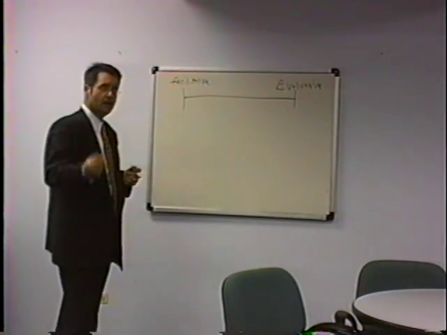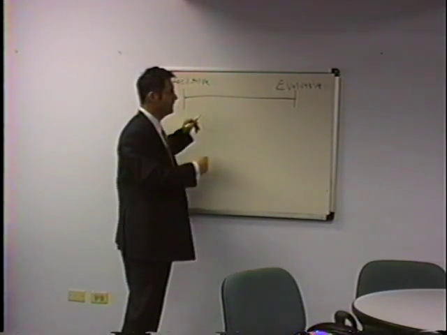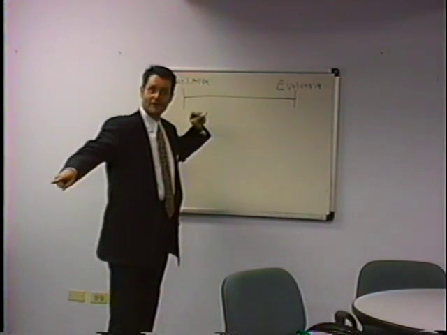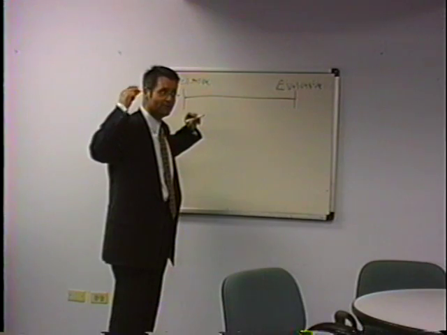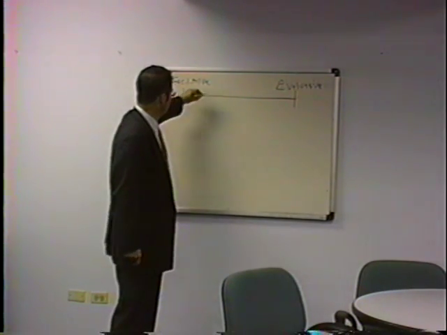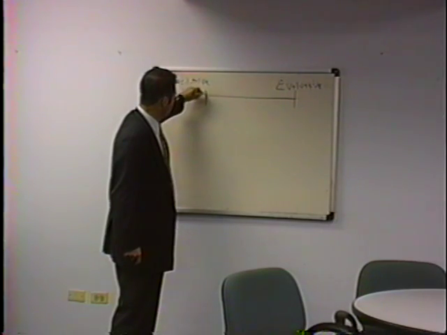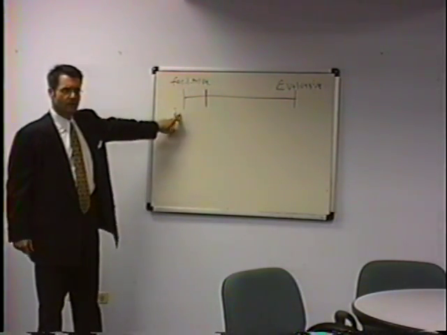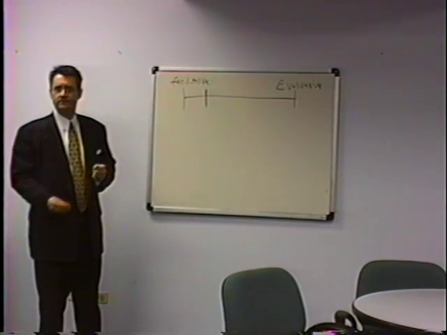The CCR model, the model that we use, which used to be on the wall, isn't on the wall, but you all know it by heart, right? I could ask any one of you, and you can click that model off just like that, right? Good. I think the CCR model is someplace in here. Anybody want to guess why it's not all the way over on the facilitative end of things?